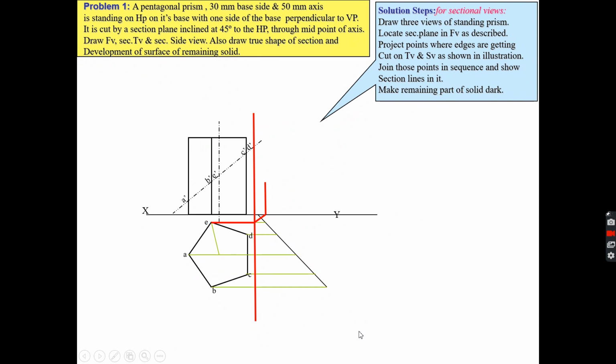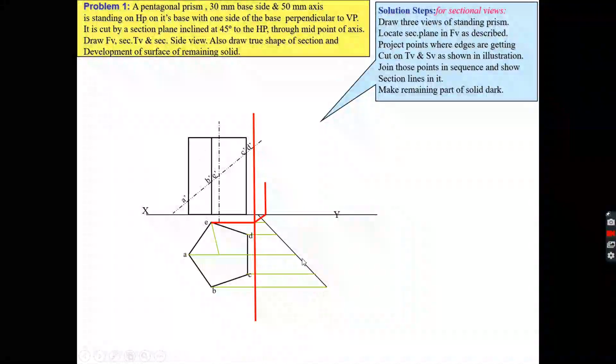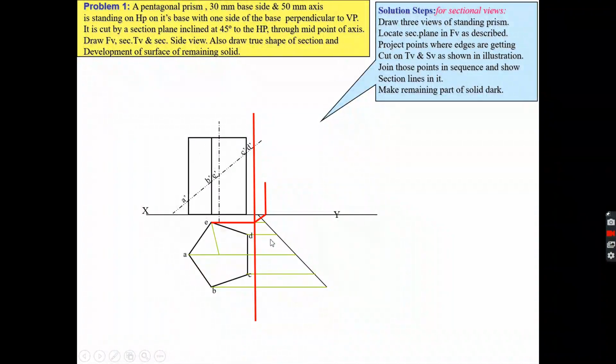After that you can draw the projectors up to this line. Earlier you were making the projectors up to this line. If you draw the line at 45 degree, you have to draw the projectors up to this line, and after that wherever you are getting the points, from that point you have to make the vertical line like this,